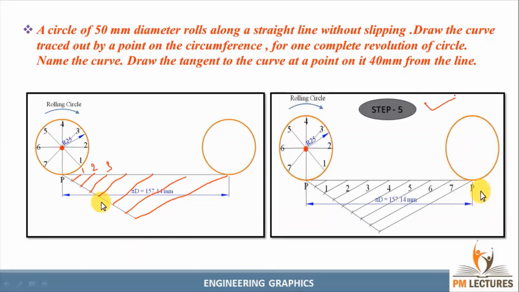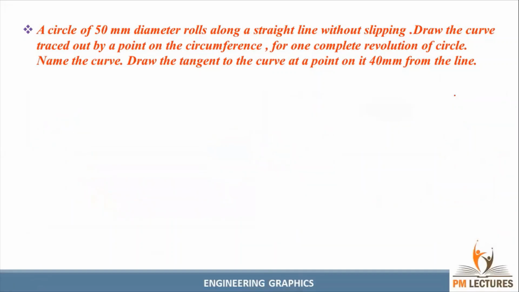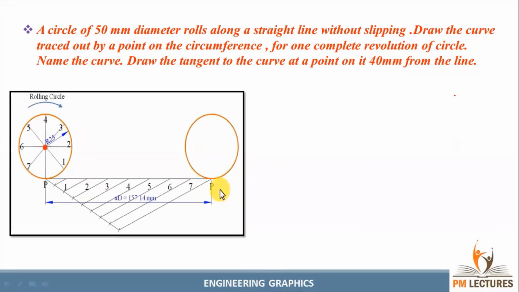So from here we need to draw the horizontal lines. From the 7th point, that will cross over the first point, we should draw a horizontal line up to the P point. Similarly, from the 6th point, that will cross over the center of the circle point and also the second point, we should draw a line. Please remember, the 6th point line will cross over the center of the circle and the second point.